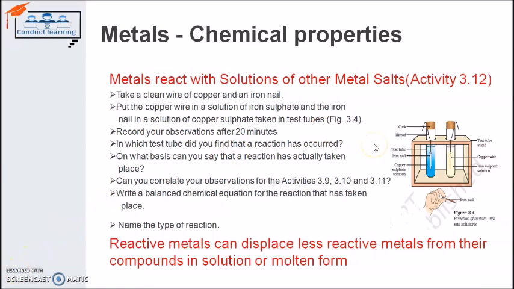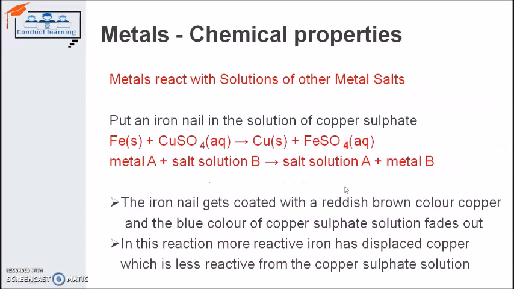So here the answers of these three questions are given or proved. In which test tube did you find the reaction has occurred? In the first tube, the reaction has taken place, because iron is now getting brown, and after that the color of the copper sulfate is getting faded out. There is no reaction taking place in the second test tube, right? And the balanced chemical equation for the same is written there. This is the balanced chemical equation. So this is how the reaction takes place. So I summarize this